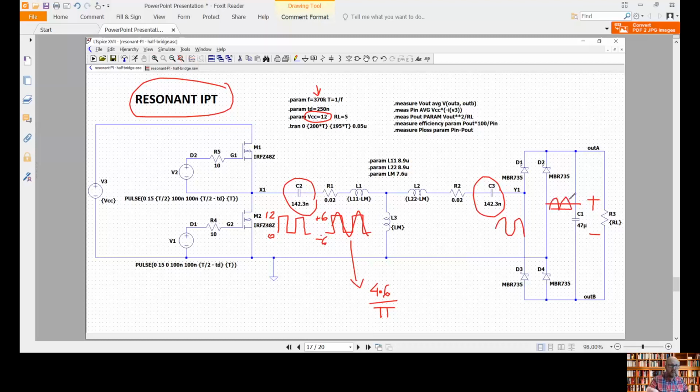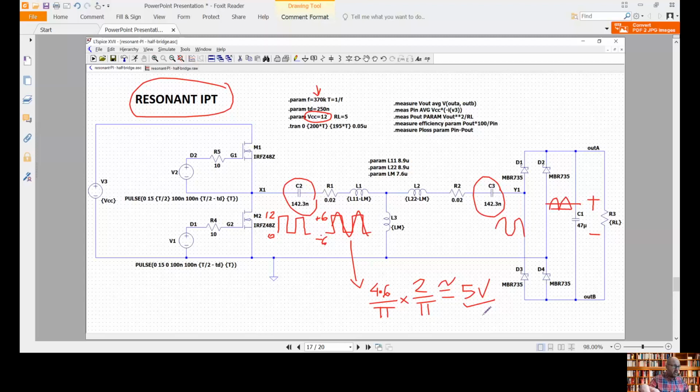And the peak value of this waveform is 4 times 6 divided by π. This times 2 divided again by π equals the output voltage that we are going to have. And if we calculate this, it is something around 5 volts,